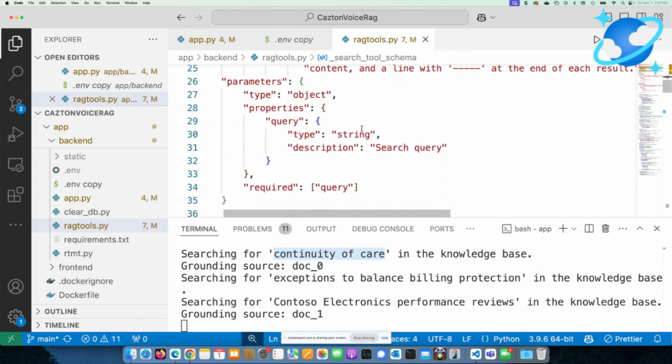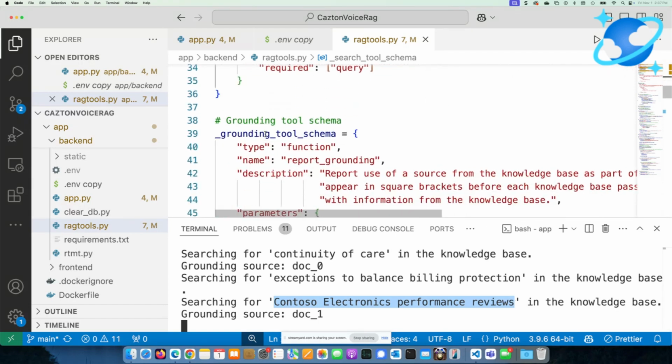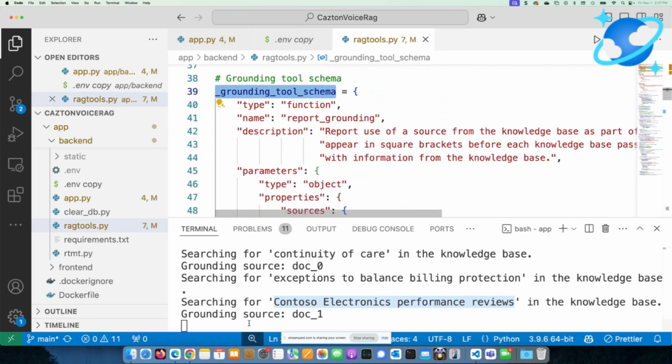Now, after this, you get a search query, which you might have noticed right here is the search query. So I may give it a long sentence like, I want you to tell me something about this, this, and this. It really doesn't care. It's going to give you a really small search query, which means something for the internal grounding tool, which is right here. So the grounding tool tells us, by the way, I'm going to get you this data, and I'm giving you this data from only document 1 in this case. If it happens to be multiple documents, it will do that too.